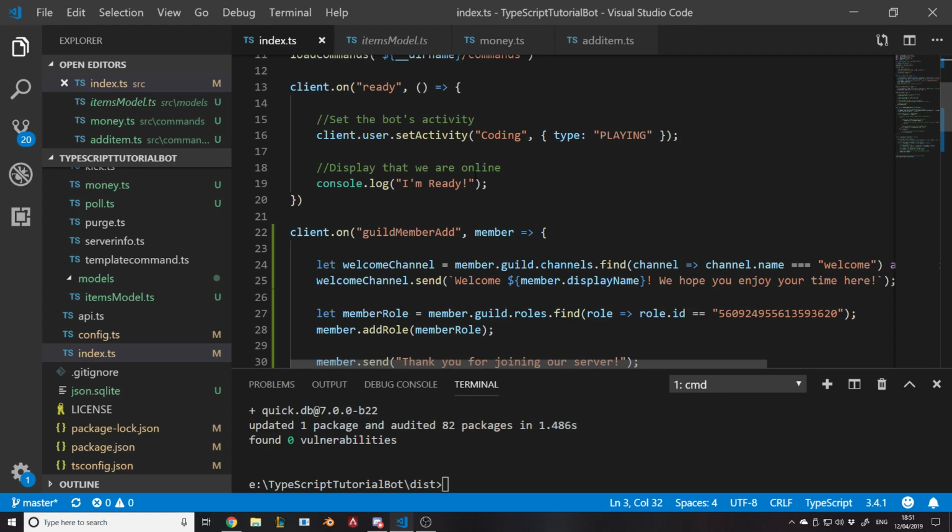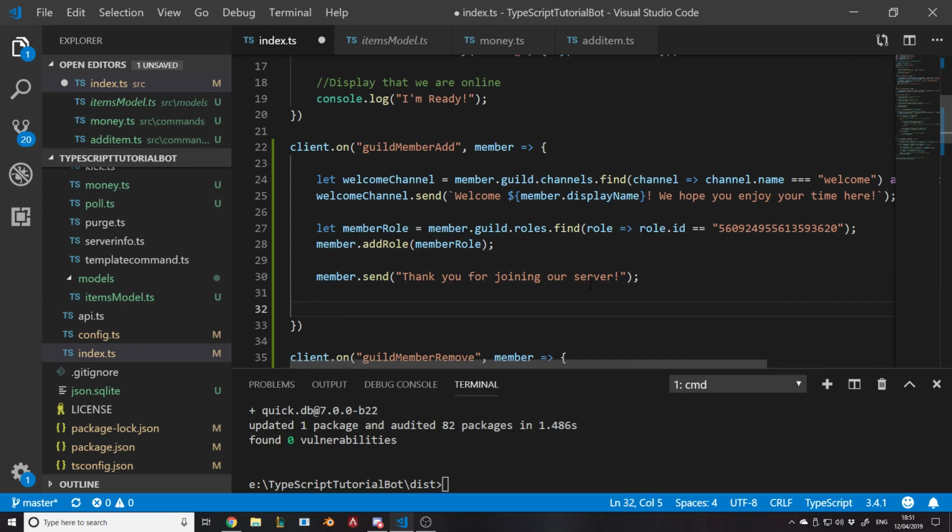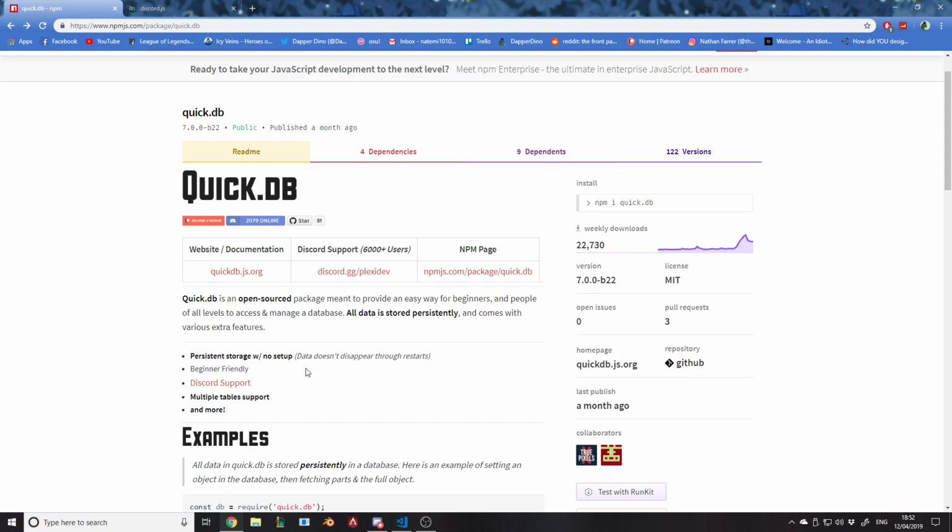So we want to do the loop when the bot turns on, and when someone joins, we just add them on their own. So the simple thing is just add a person. The way to add a person to the database is to first make sure whether they're in it or not. If you want to know more about this, go to quickdb.js.org, it takes you to